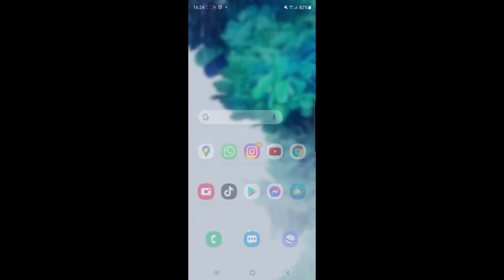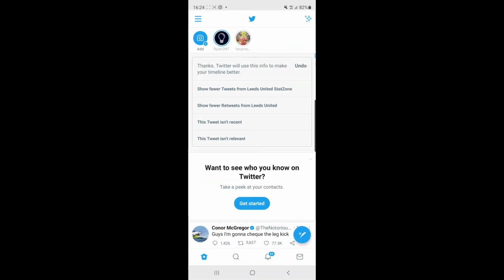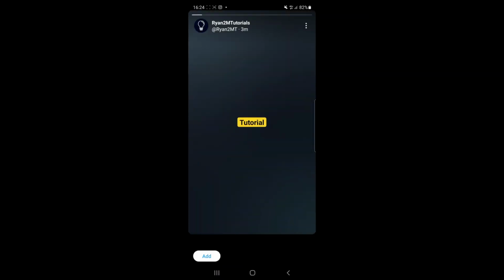So first of all, what I'm going to go ahead and do is come over to my Twitter account. So once you've opened up Twitter, this is what page you'll be on. And then what you want to do from here is click on the fleet. So if I click on the fleet, as you can see, this is a fleet that I've just uploaded for